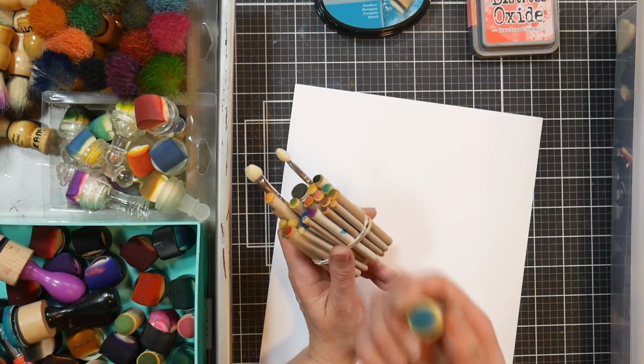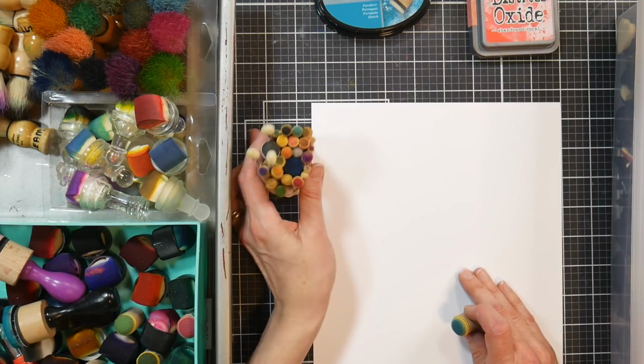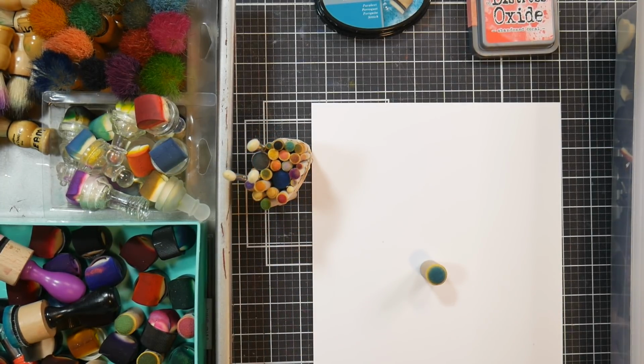And what I really like these for is when I am stamping and I want to stamp with two different colors. Oh gosh, do I have a stamp handy? Let me see if I have a stamp handy that I can show you this technique with, because I showed it actually on a video where I was stamping